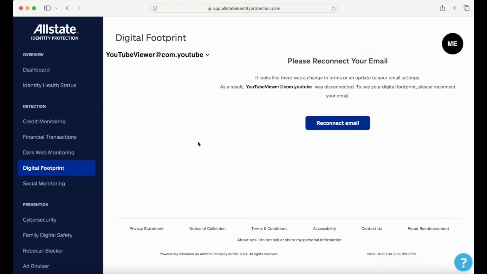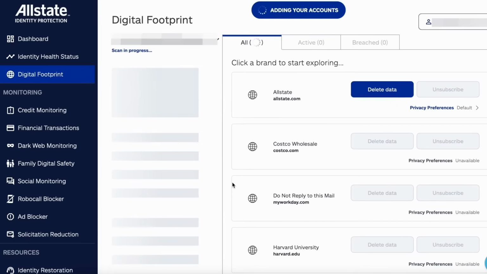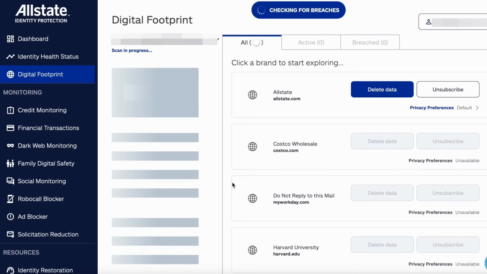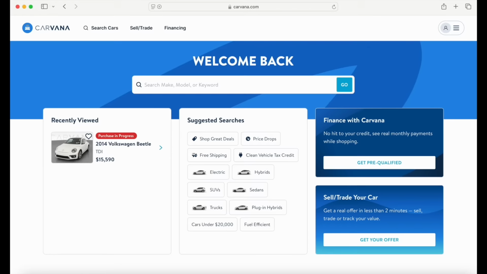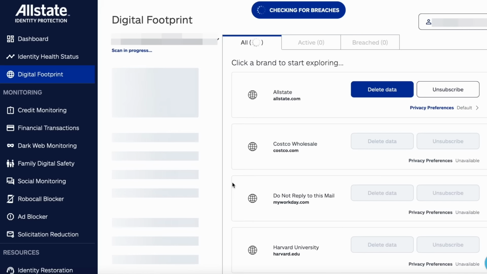Under detection, digital footprint, you can connect your email, and again, when you say reconnect, it's going to log you in to that. Basically, under digital footprint, it's going to allow you to unsubscribe from all these different emails, and it's going to try to control who has your account information. So anytime you've gone somewhere, you might have had a cookie shared. If you've gone to shop for a car at CarMax and then you headed over to Carvana, they might have shared some information. So now both companies have some information about you. This is going to pick that up,